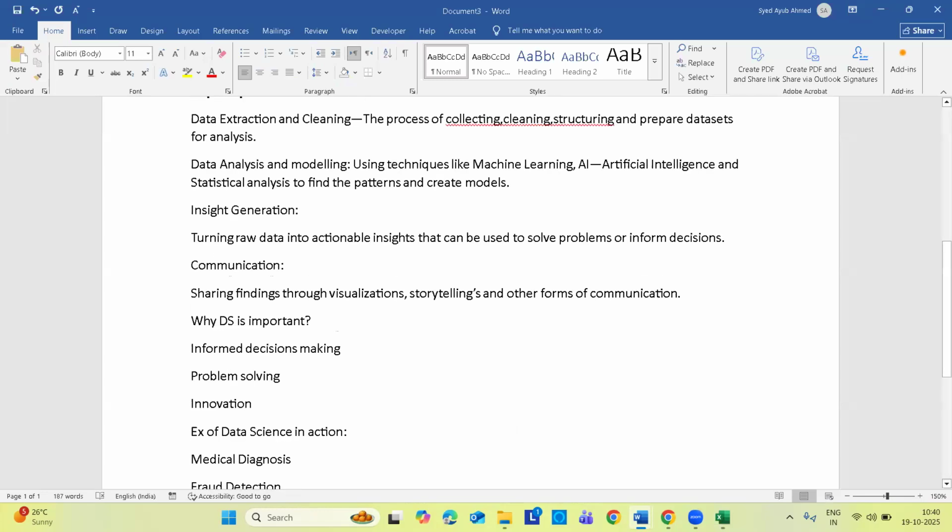The core purpose of data science is to analyze the data to find the hidden patterns and trends, that can be used again to make informed decisions. That's what I have written here. Clear? So how it works means your data scientist will use a mix of techniques, including statistical technique, programming technique, and machine learning AI as well, to process the raw data and turn it into actionable insights. Clear?